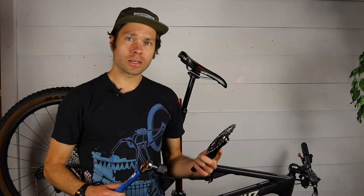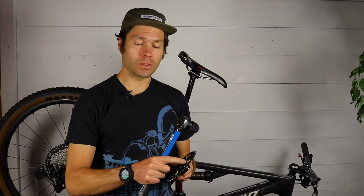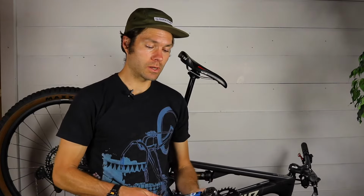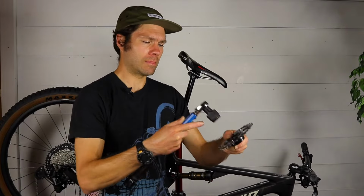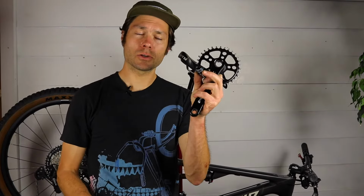So as we get the cranks ready, we'll install the chainring, grease the threads of the lock ring, tighten that down, and then finally check it with a torque wrench set to 40 Newton meters. There we go. Next, you'll take your extractor cap and your crank bolt